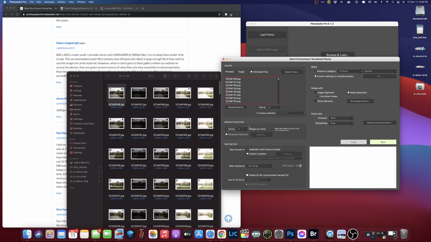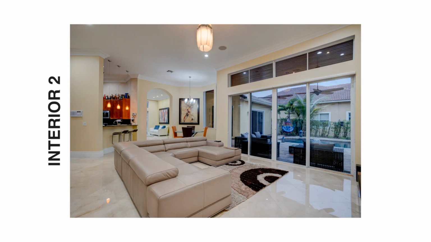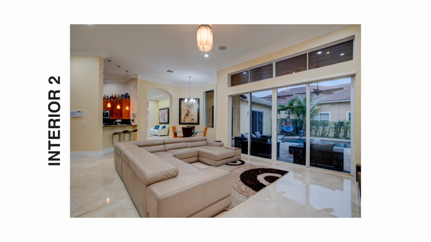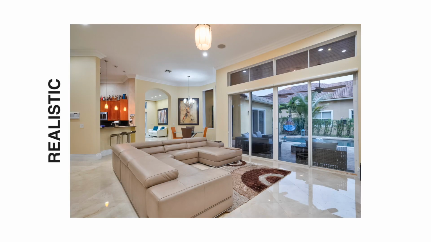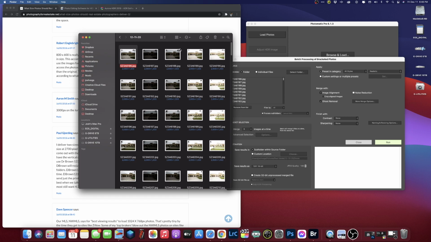Now the trick here is there's a ton of different options. Some people recommend using interior 2. I find that realistic actually looks much better. The difference is that interior 2 will blow out the windows less, but it will look bad with furniture, and the interior will be really desaturated and not a whole lot of contrast. Realistic does a pretty good job, but the trick here is